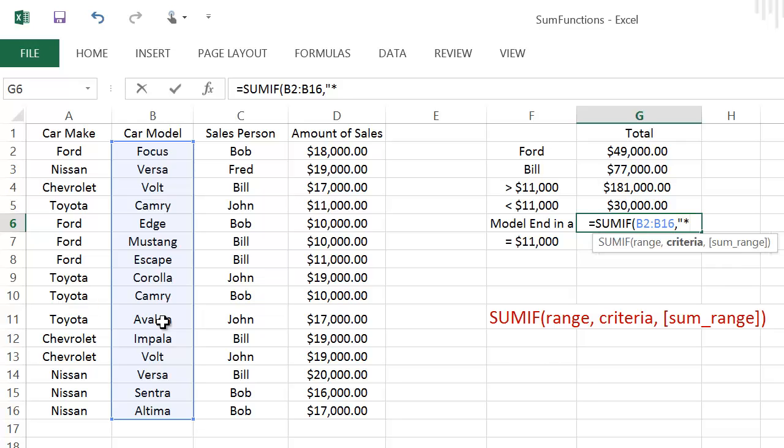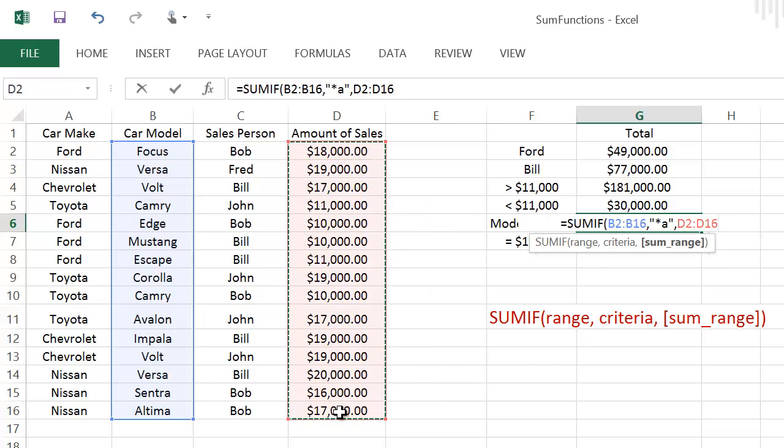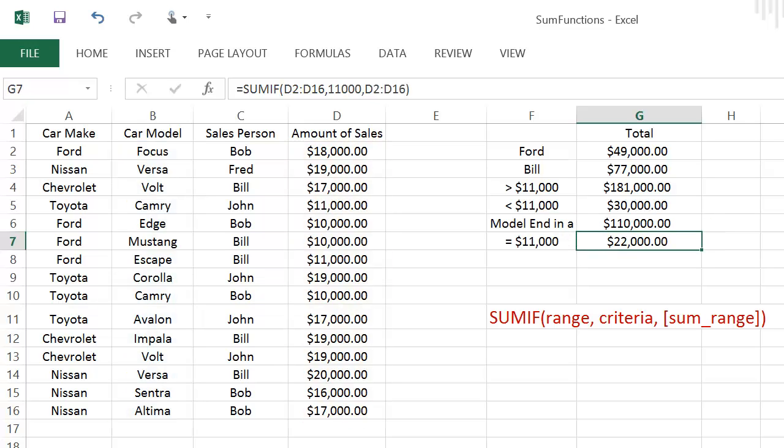And then A. So that means whatever letters it has, it doesn't matter what the letters are, so it can have any letters before the A. Okay. So that's what this is doing. It's saying, okay, our word ends in an A. And then I close the quotes, and then comma, and then the range I want it to sum would be this one right here. And then I would hit enter, and there's my solution,